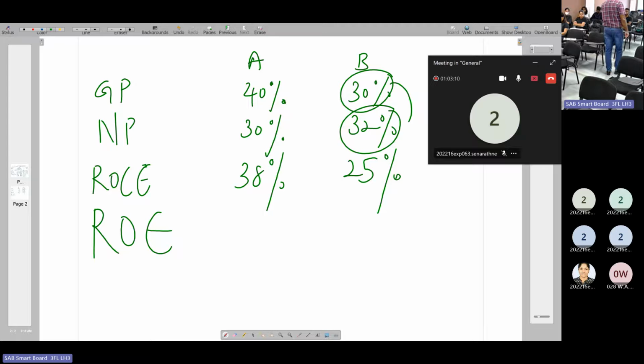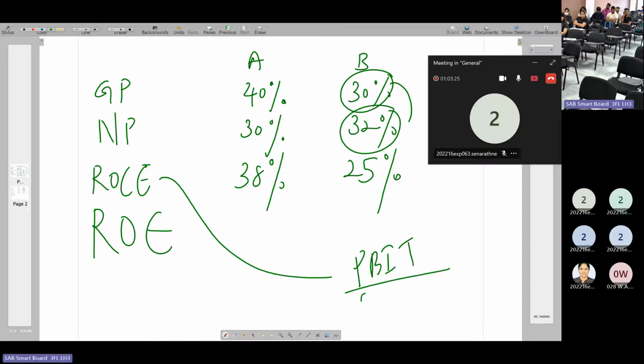Profit before interest and tax. Profit before interest and tax divided by capital employed. Right? Capital employed is equity plus non-current liabilities. In other words, total assets minus